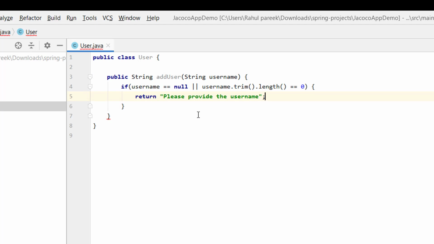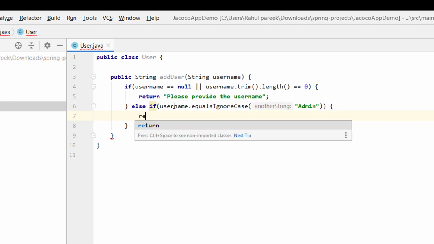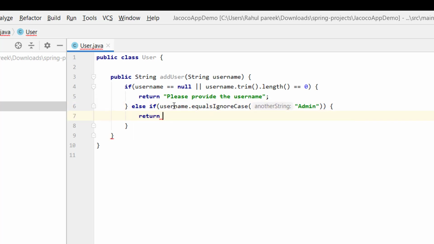Now the second condition I will put is else if username dot equals ignore case admin. I am putting this simple condition that if username is admin, then return that username admin is not allowed.